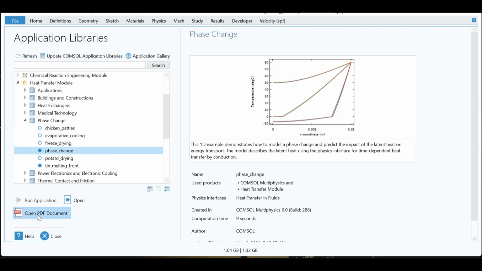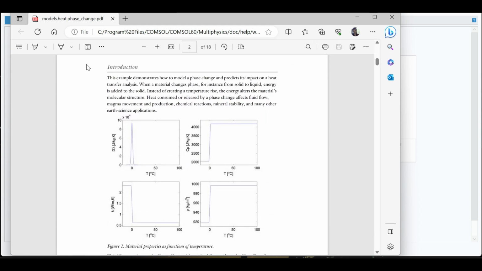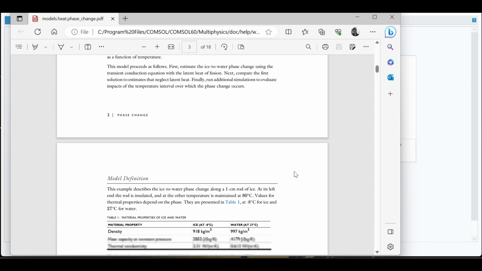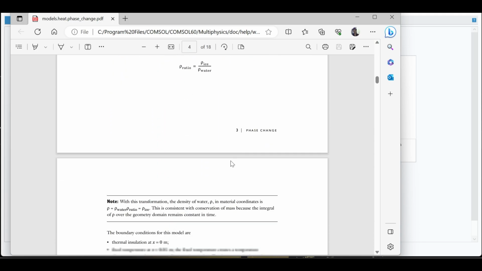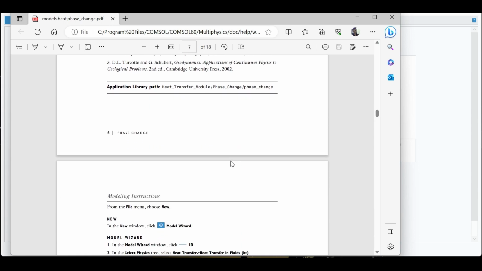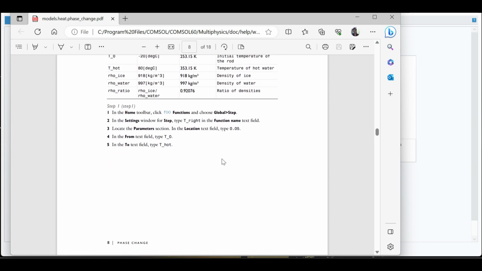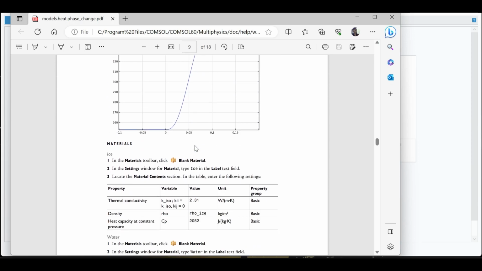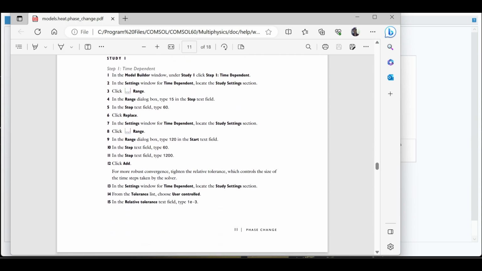For this we have to click on this, and this will open the file, and from here we can see what the problem is, what the material properties are and what the physics behind this model is, and how they have created the geometry, and how they have defined the material properties, variables, and then how they applied physics and boundary conditions, and then